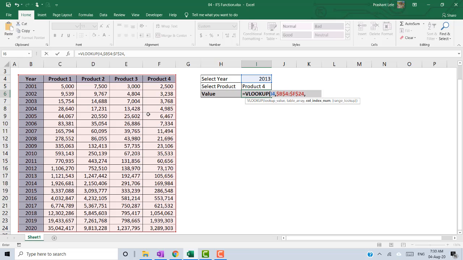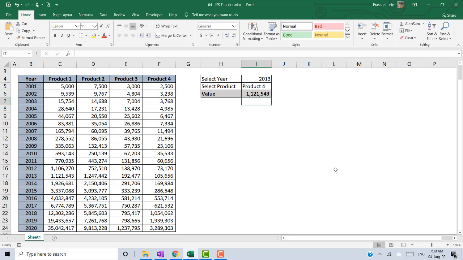Now for product 1 I will write comma 2, for product 2 comma 3, because product 2 is in the third column from here. For product 3 comma 4 and product 4 comma 5. As of now I am just writing 2 here, then comma 0 for exact match, and enter.